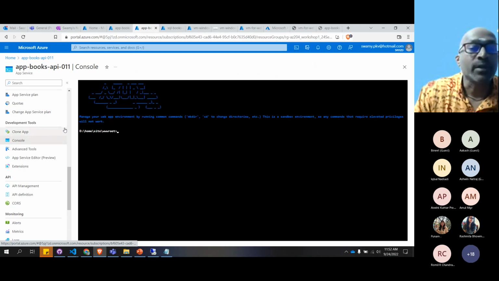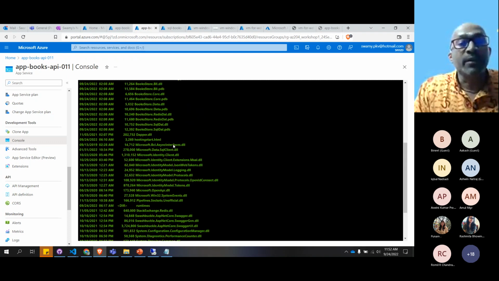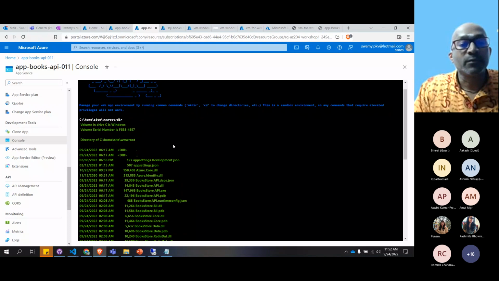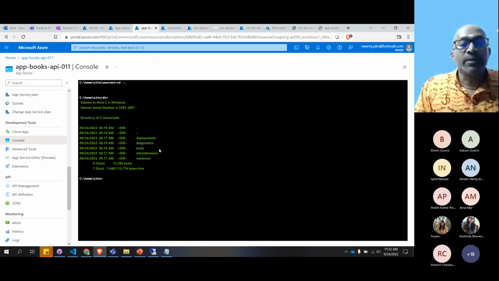When we come back to this console, see site wwwroot. And inside the wwwroot, it's installing this. OK, now cd ... So here you can see that you're getting these diagnostics logs. All these things are here. So inside this wwwroot,